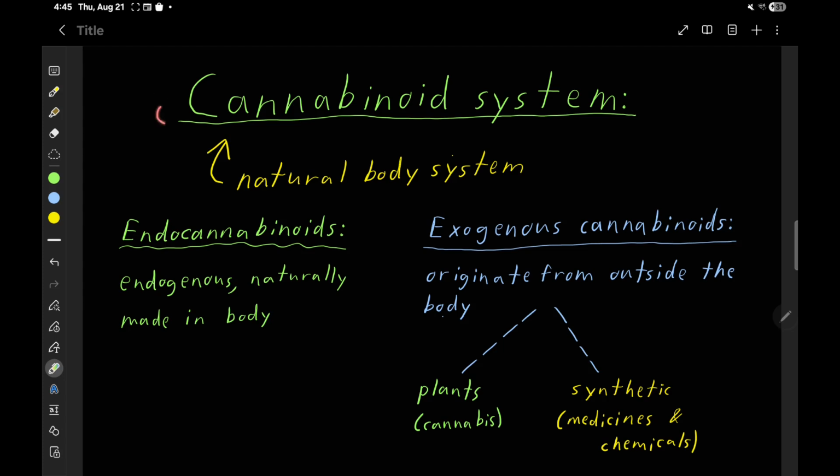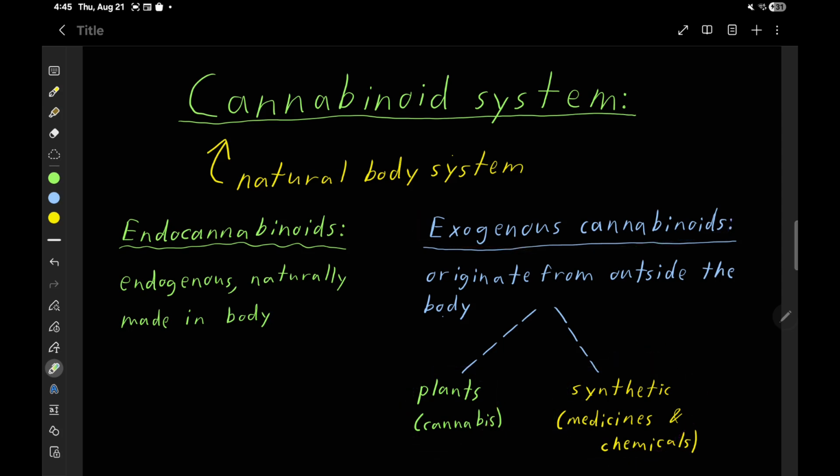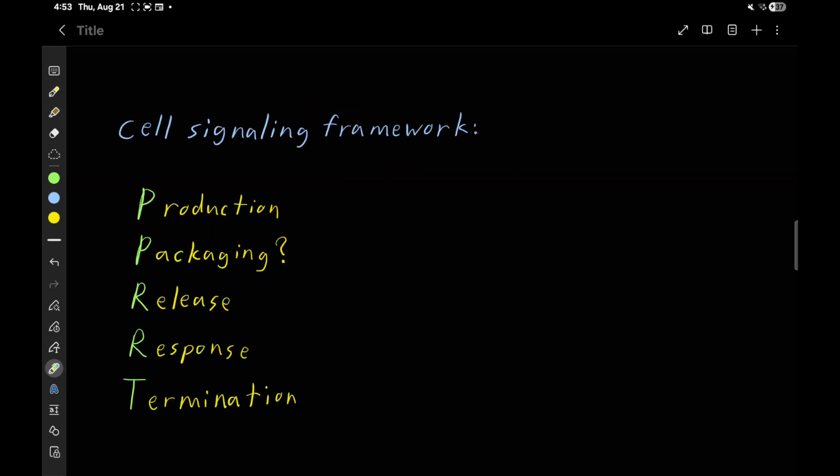So let's first take a look at the cannabinoid system, learn about the cycle of endocannabinoids inside the body, and then take a look at some exogenous cannabinoids both in the plant form and in the synthetic form and see what they do in the body. Let's get into it. So a while ago, we made a video detailing the general cell signaling framework with this acronym